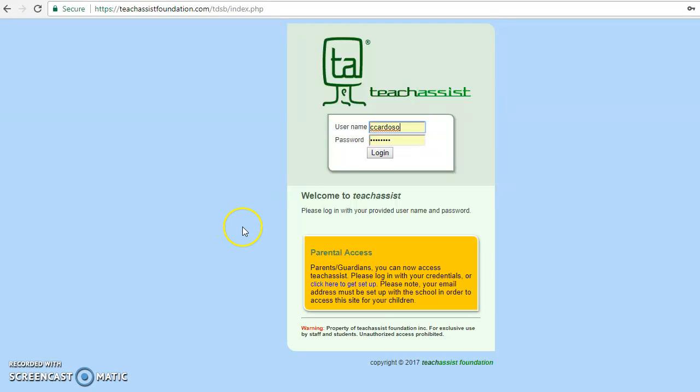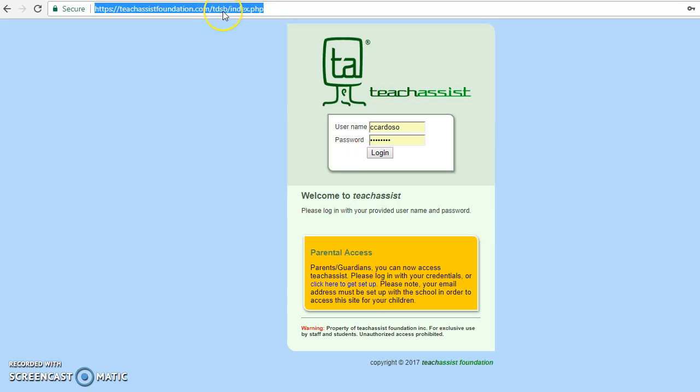Hi everyone. I just wanted to show you how to book Computer Lab, either Computer Lab 217 or 220 through TeachAssist. You don't have to be using TeachAssist for marks to be able to use it to book the Computer Lab 217 or 220. So you can just use it as a booking system even if you're not using it for marks. So everybody has, first of all, here's the link,